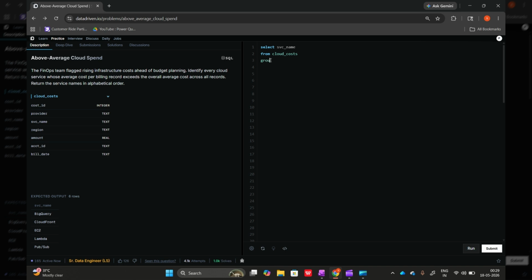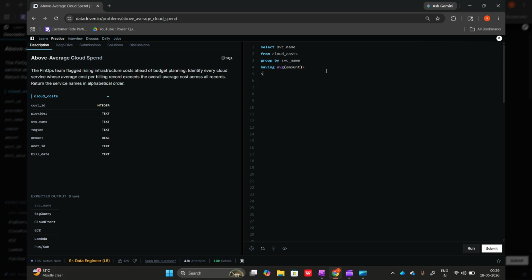I need to do aggregation, group by the service name, and then filtering after aggregation, having the average of amount greater than the